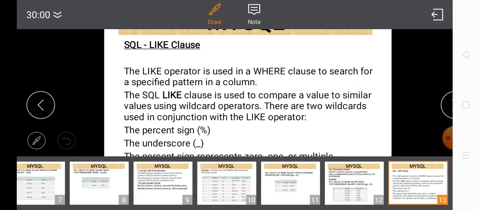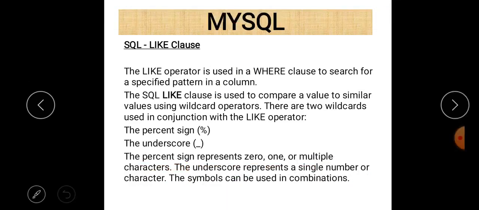As you can see on the screen, the LIKE operator is used within a WHERE clause to search for a specific pattern. So it is used for pattern searching. The SQL LIKE clause is used to compare a value to similar values using wildcard operators. There are two wildcards used in conjunction with the LIKE operator: the percent sign and the underscore.